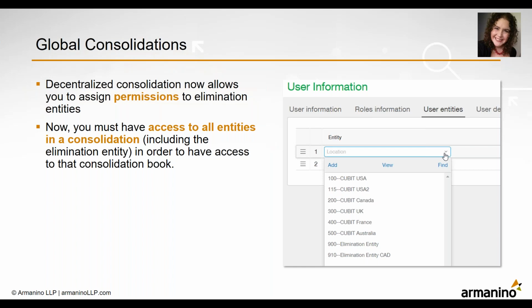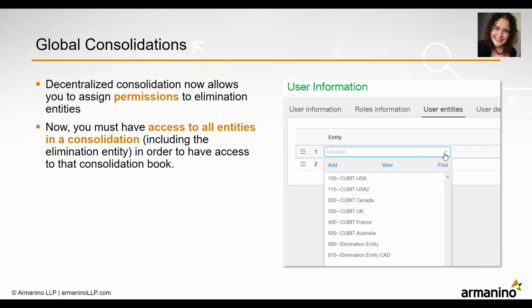So this has meant in most organizations that they've wanted to keep that to a very small number of people. Now if you have somebody sitting out in the UK or France, you want to do a Euro consolidation, and they have access to all of the European entities as well as the elimination entity, they can now do a mini